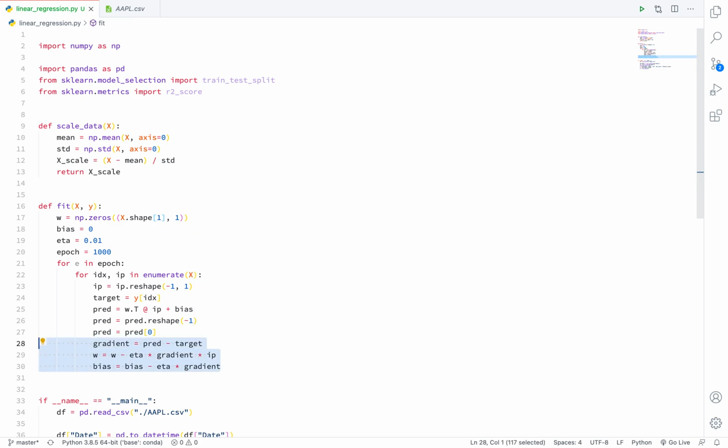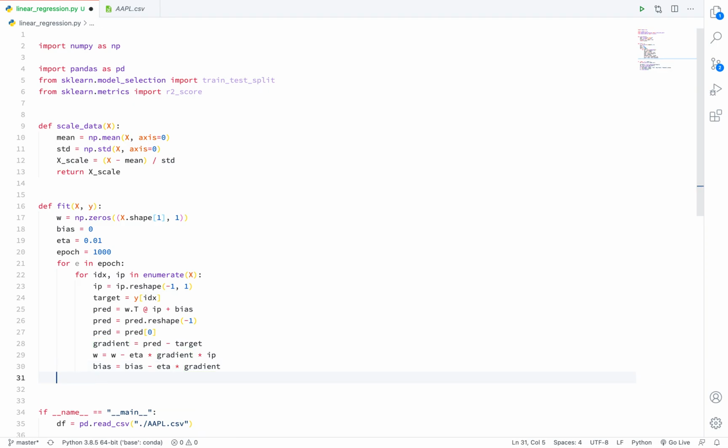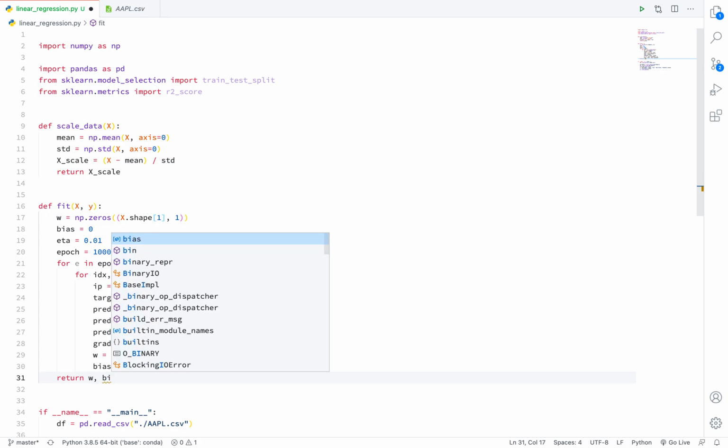So basically these three lines use the sum of squares of residuals cost function. If we differentiate this cost function, we get this prediction minus target, and this is the update rule. Now after the end of the epochs, we just return weight comma bias.